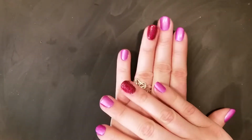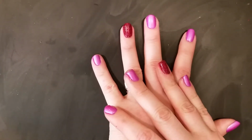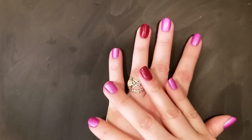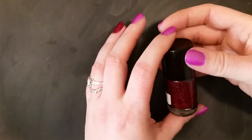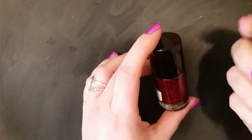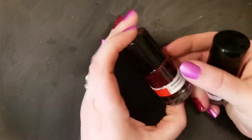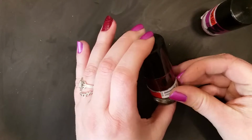This week's theme is spring, so we're going to do some nice spring nails with this lovely new nail polish that I have. Brand new bottles, and I'm really excited about these. I was really pleasantly surprised. These are Studio M brand nail polish, which is a brand from a store in my area of the country